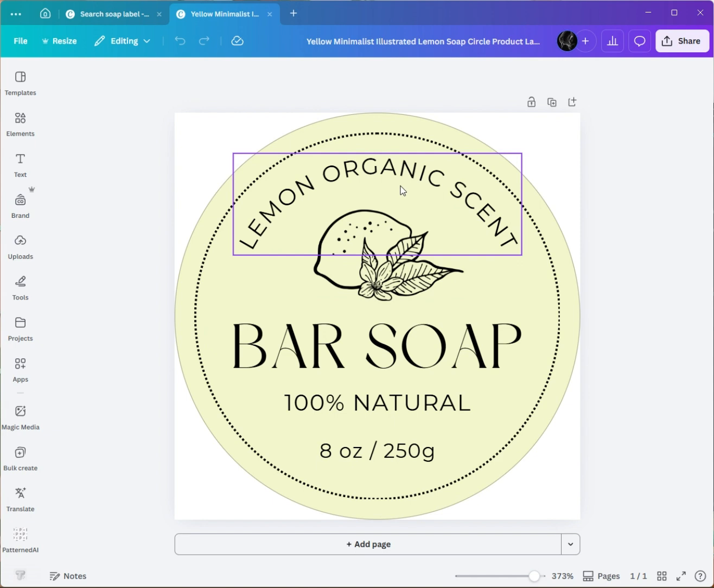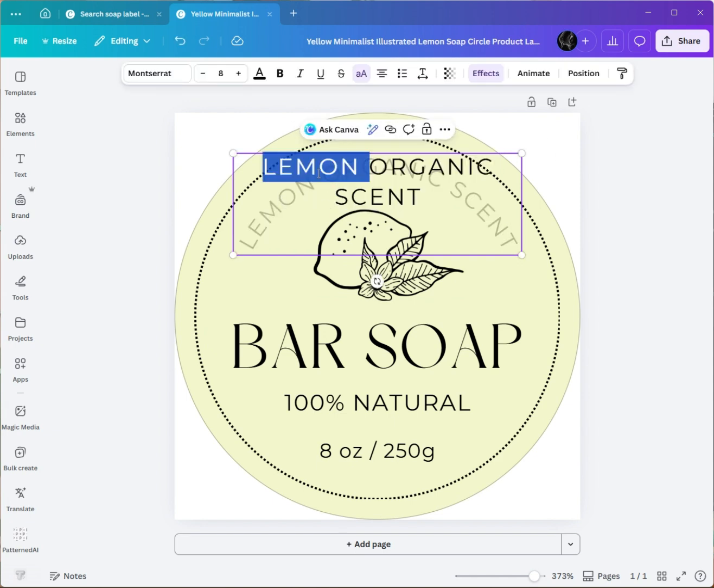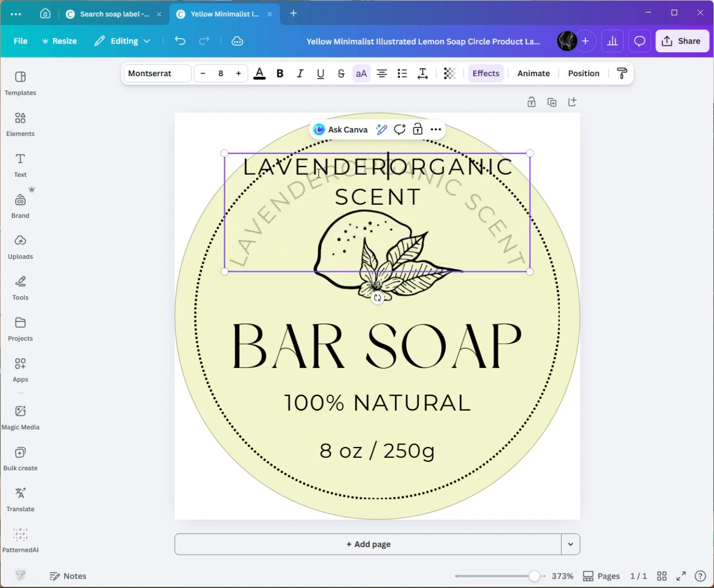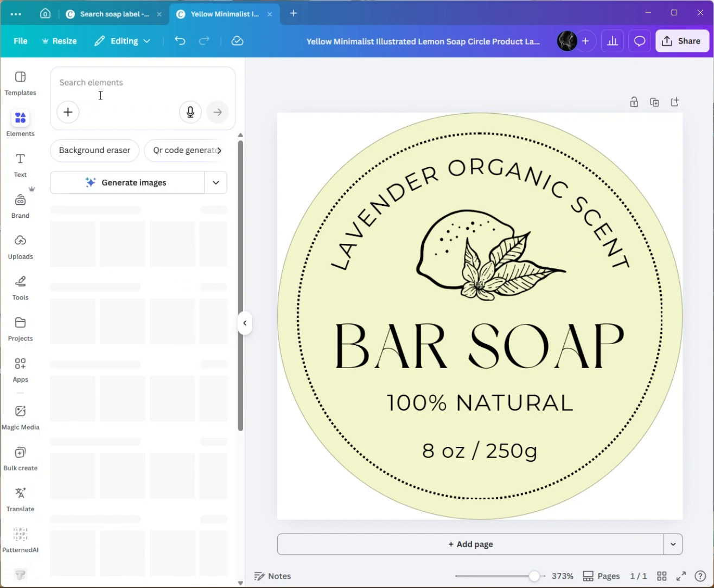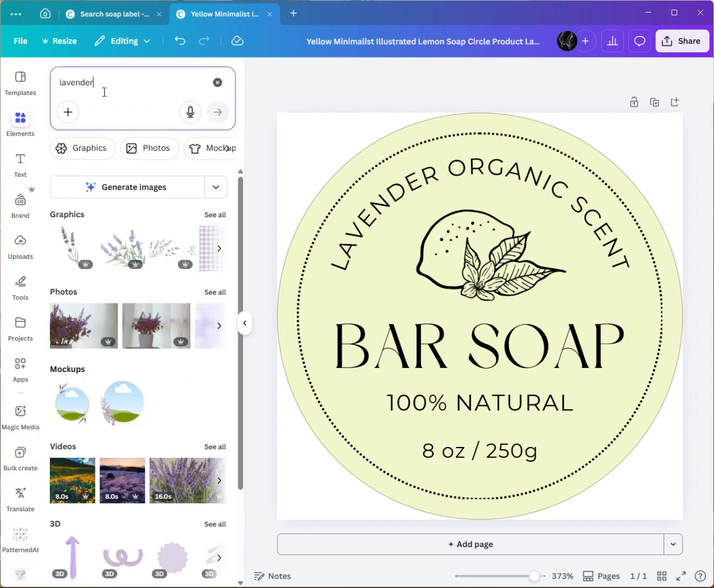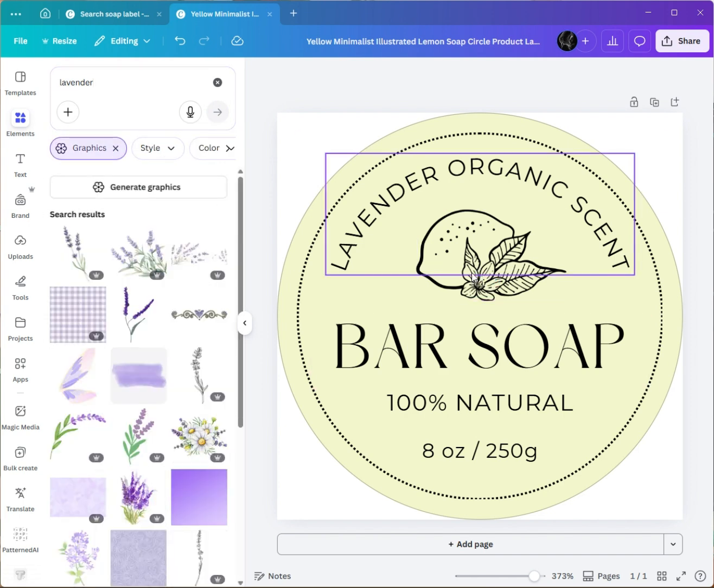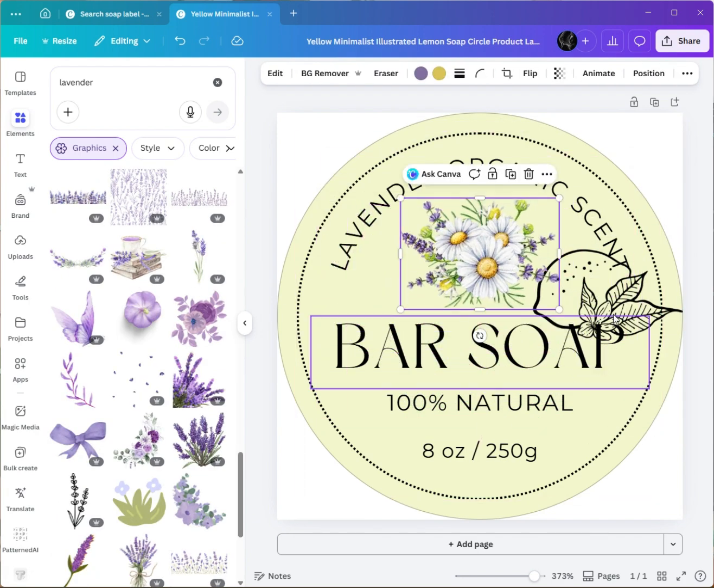I want to create a lavender-scented soap, so I'll double-click the top text and change lemon to lavender. Now I need to replace the lemon illustration. I'll go to the Elements tab on the left and search for lavender. I'll browse through the graphics until I find a floral bouquet that fits the style. I'll click to add it to the canvas, delete the original lemon icon, and then resize and center the new